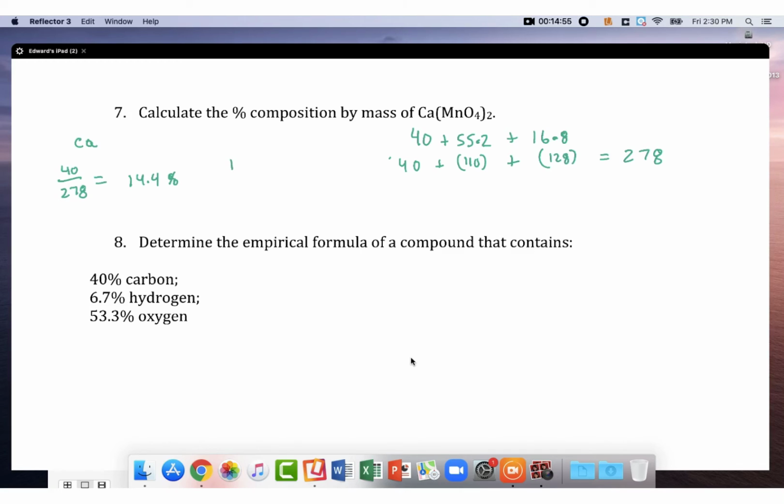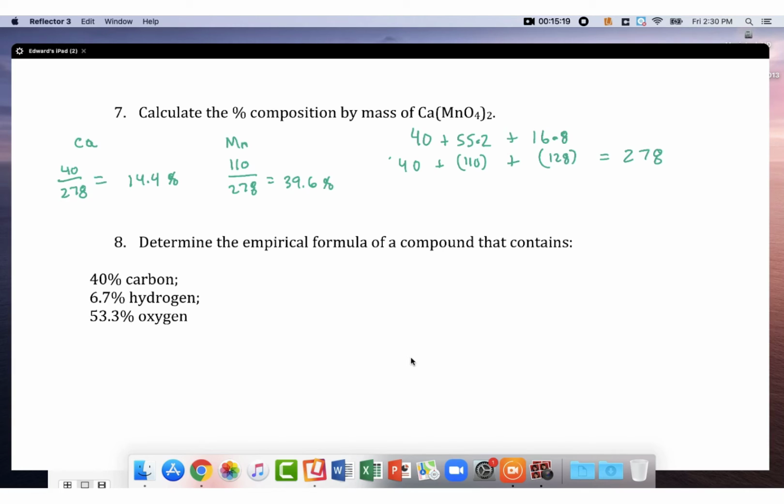This is why I wrote those out. Now I have 110 divided by 278, and this will give us our percentage of manganese. So Mn, so it's going to be 110 divided by 278 equals, and I'm getting 0.3956, so that ends up being